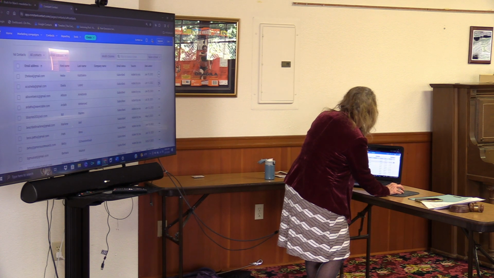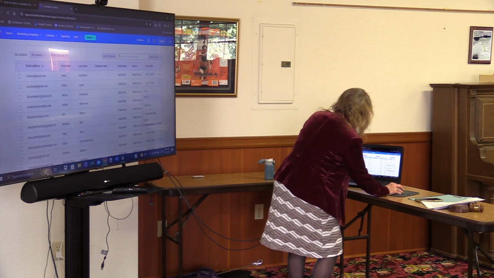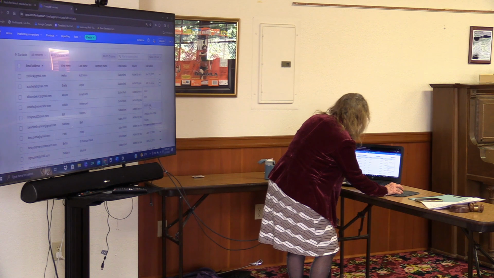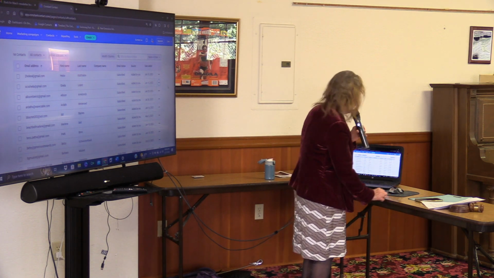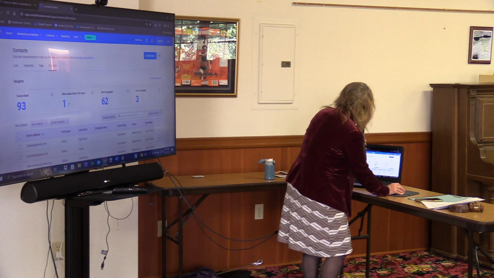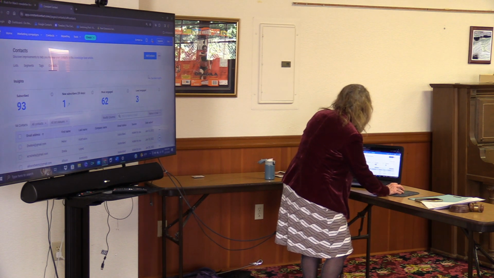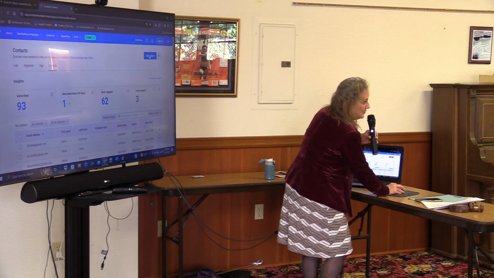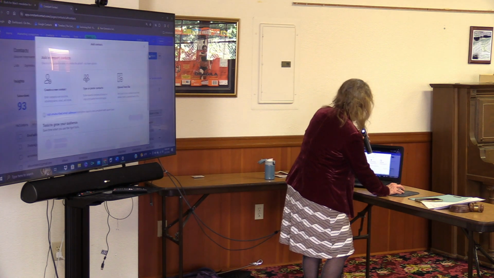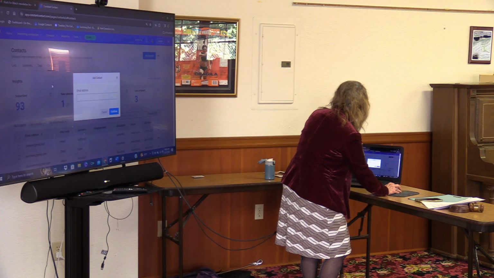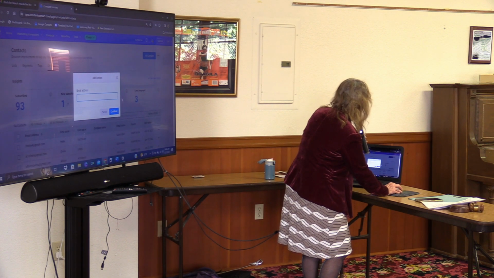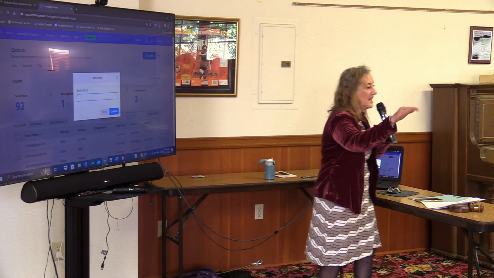Okay. There it is. View, edit, add to list, unsubscribe email, or delete. So you have your options there. So to add a contact, very simple, user-friendly. Add contact. You just click on that. You create a new contact. You put the email address and continue. Then it'll ask for the name and address.